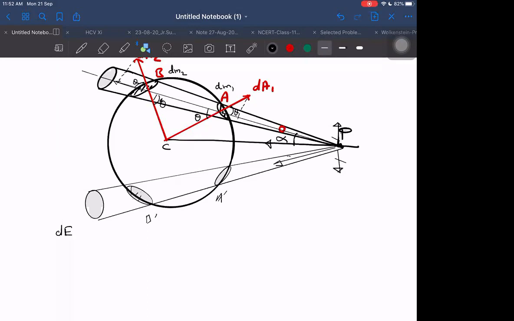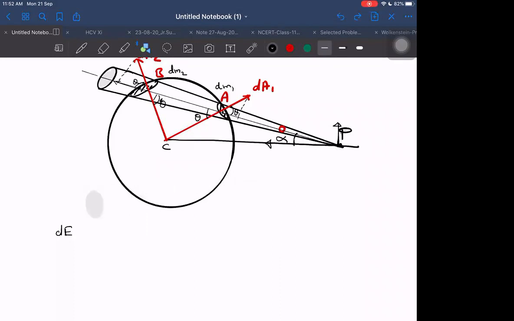So finally the field will remain towards the center. You understand? Finally the field will remain towards the center. That is correct or not? Yes, sir. If I know the field finally remains towards the center because other components will get cancelled out, then I have to just focus on finding the field towards the center. And if I'm able to find that, then integrating that, we will get the net field also. So what is the field due to these two towards the center? Let us try to find it out.